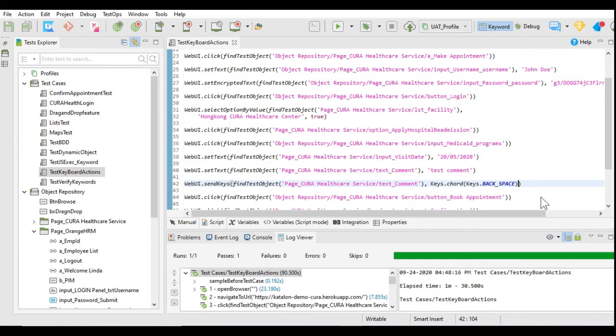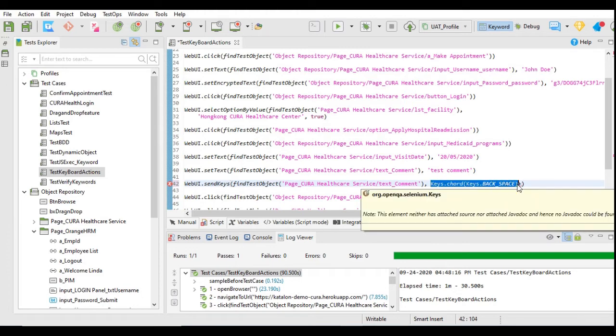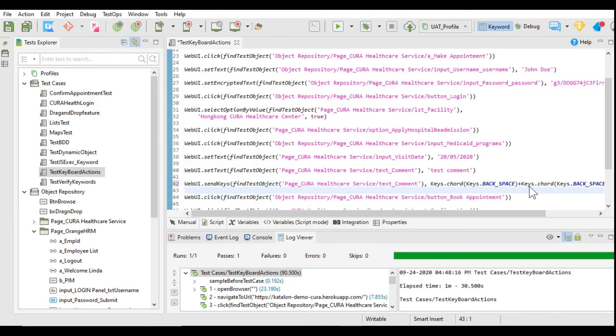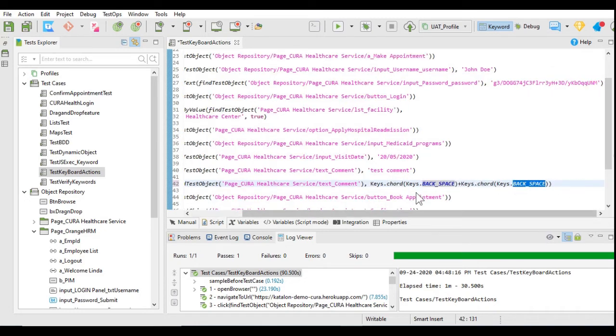For example, I have used backspace here and it has removed one character. I can add backspace one more time by giving a plus sign and then repeating this action. So this will use the backspace 2 times.